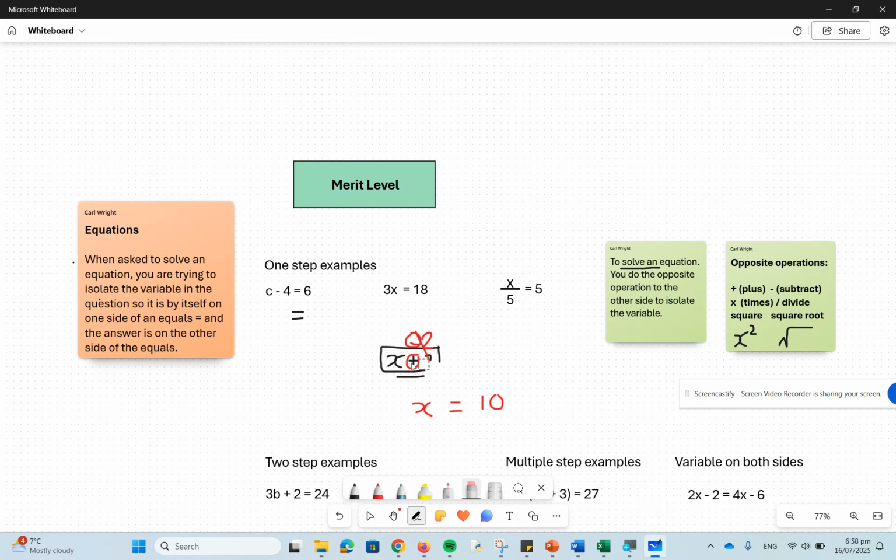Okay, so we're going to do a few what's called one-step equations, where there's only one step you have to do, just so you can get the hang of it and start to see how you do the opposite to the other side. So see how it cancels out. So we've got c minus 4. What is the opposite of minus? It's plus. So if I go plus 4 to both sides,